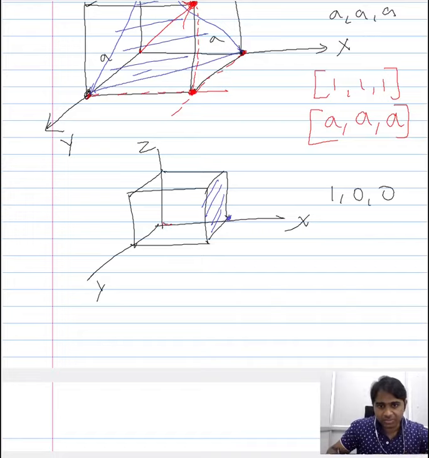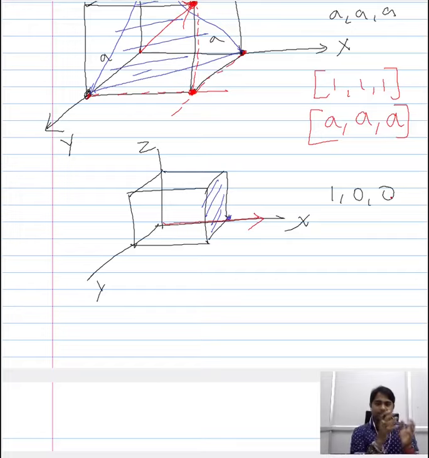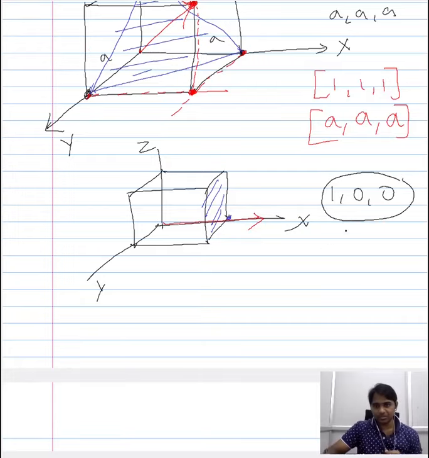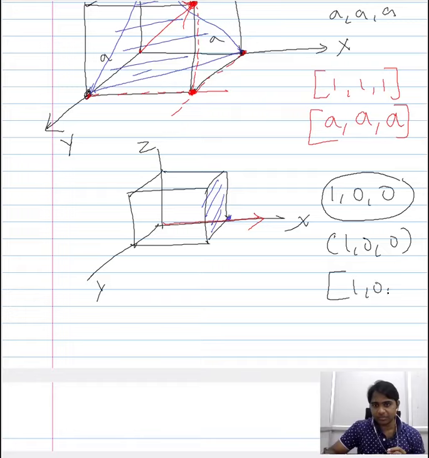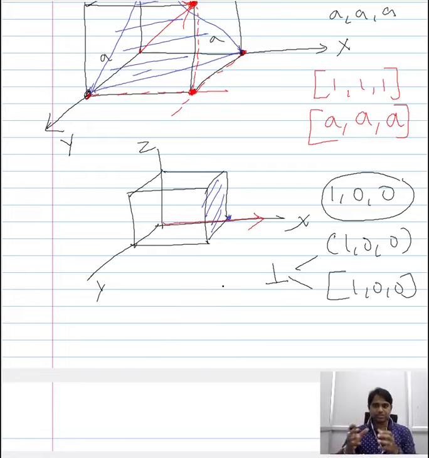So this shows clearly that when you have identical Miller indices that represent the plane and the direction, then in that case the plane and the direction are perpendicular to each other. So to represent a plane using these indices would be 1, 0, 0, and the direction would be 1, 0, 0, and these are perpendicular to one another. So this is the relation between a plane and a direction when they have identical Miller indices.